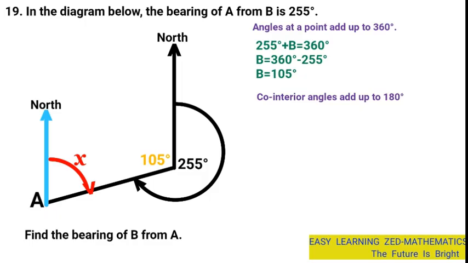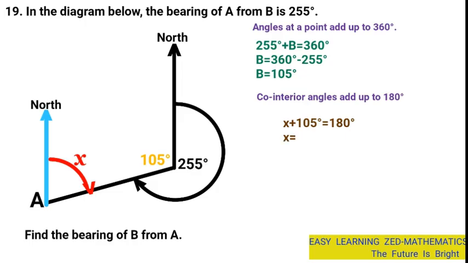That means now angle X and 105 degrees become adjacent, co-interior angles, and they should add up to 180 degrees. So what we're going to do now is come up with an expression which is x plus 105 degrees is equal to 180 degrees. Then next we're going to put like terms together. That means we're going to make x the subject of the formula. So we're going to have x is equal to